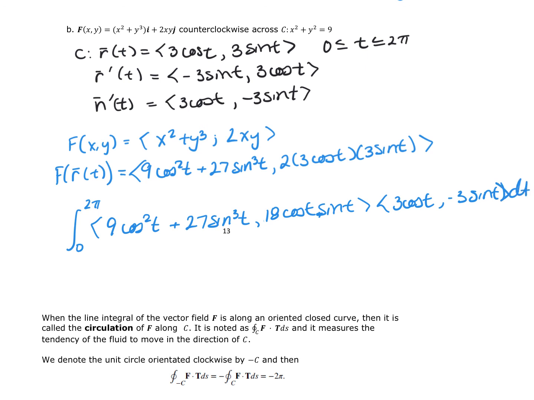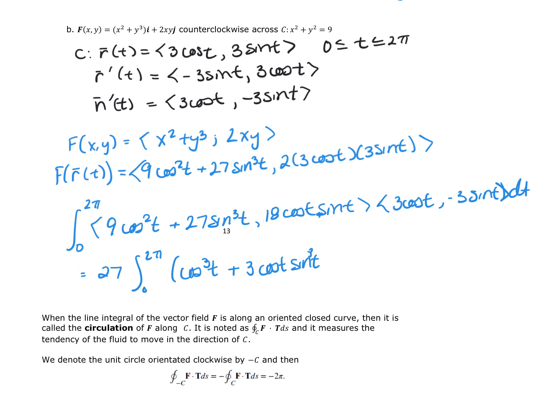And when I multiply this out and combine like terms, I'm going to be able to factor out at the very end 27, 0 to 2 pi. And this ends up becoming the cosine cubed of t plus 3 cosine of t sine cubed of t